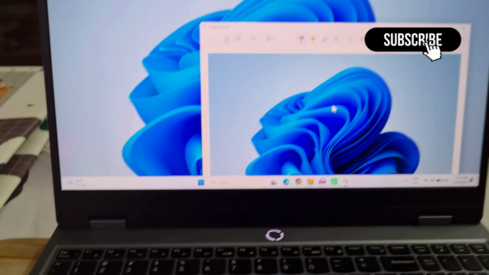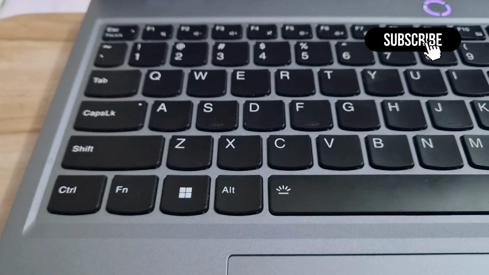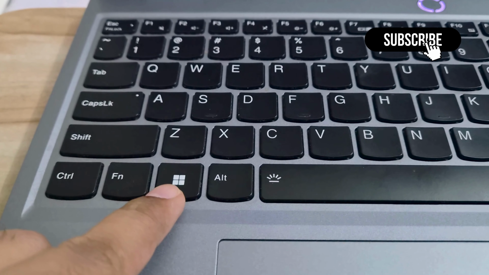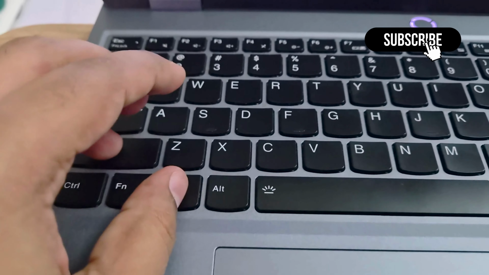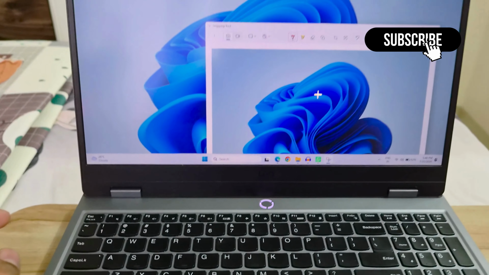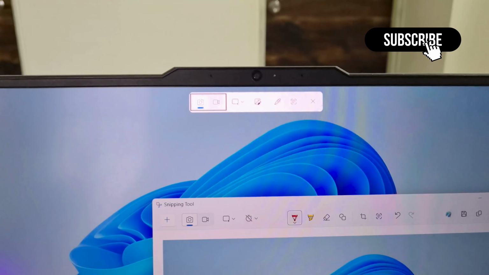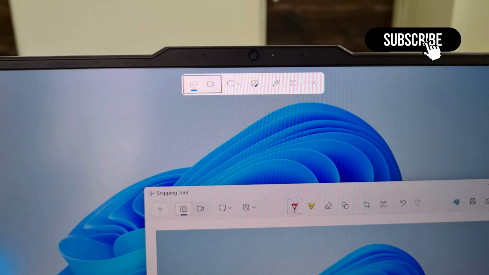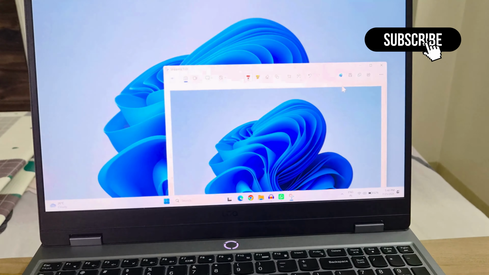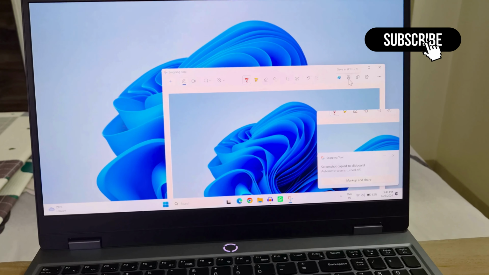There is also another shortcut which is Windows plus Shift plus S. So if you press it, the same snipping tool window will appear and you can then take the screenshot as usual. Once the screenshot is taken, you can save the file manually by clicking this save icon right here, or